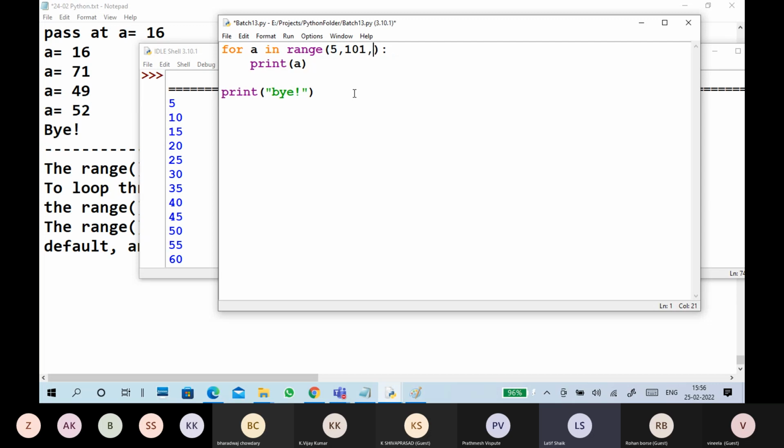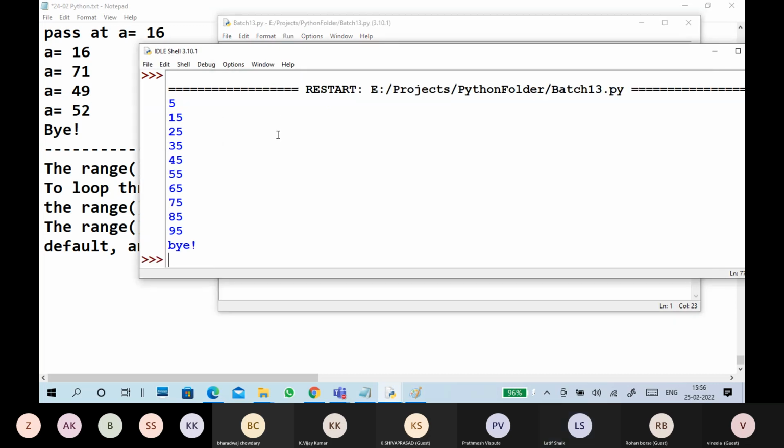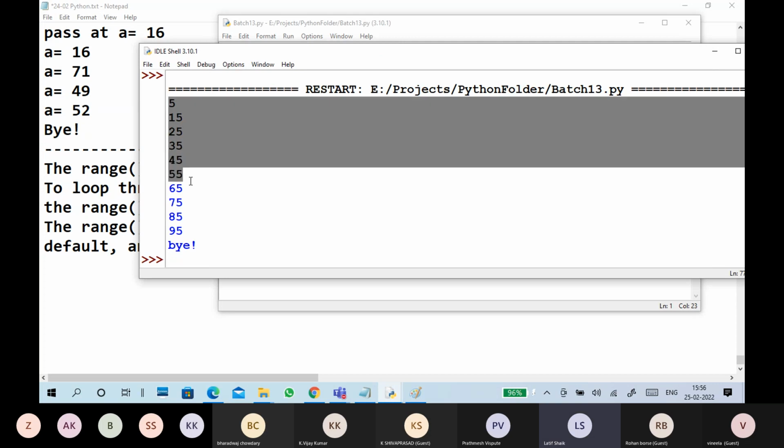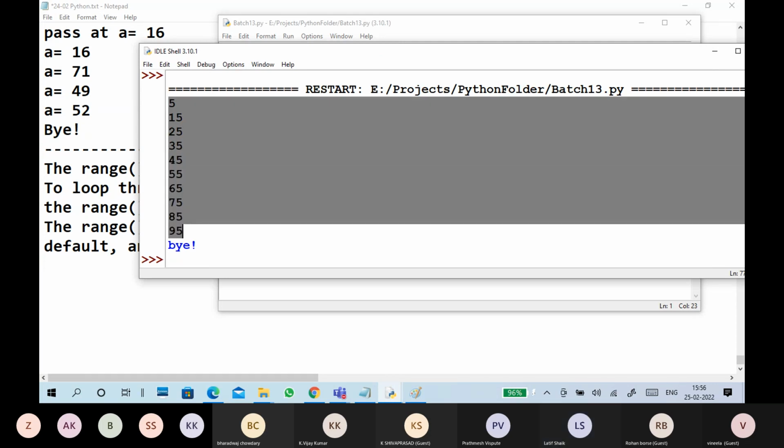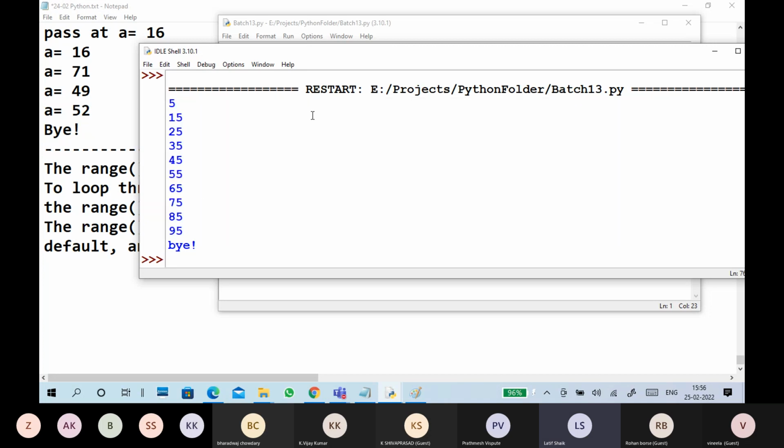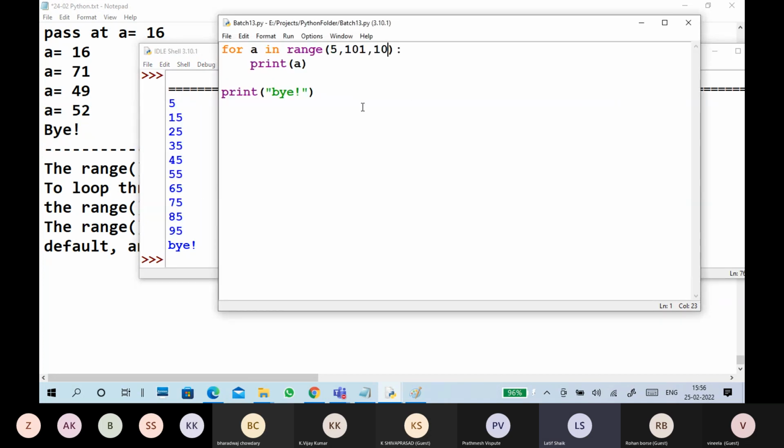If you put 10, then 5, 5 plus 10 is 15, plus 10 is 25, like that up to 95. So between 5 to 100 or 101, this interval is working.